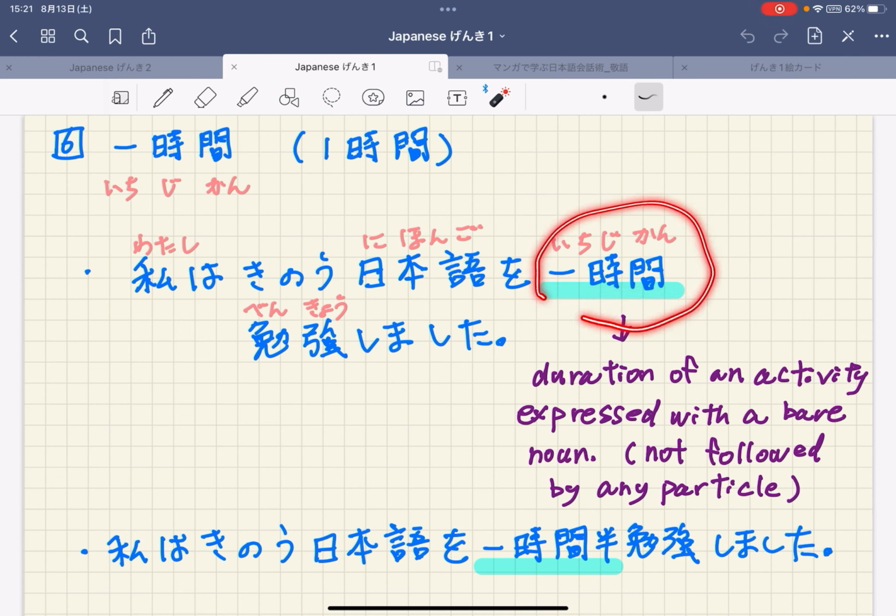For a time duration like 1時間, the duration of an activity is expressed with a bare noun, so it is not followed by any particle. You don't need a particle after 1時間. So you don't say 1時間を勉強しました or 1時間に勉強しました, but just use it standalone. Just say 1時間勉強しました。